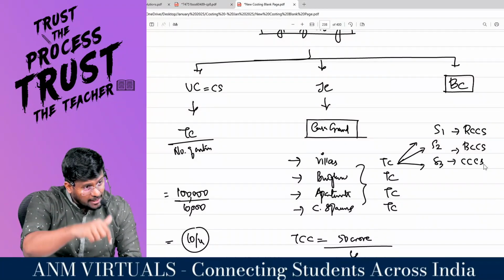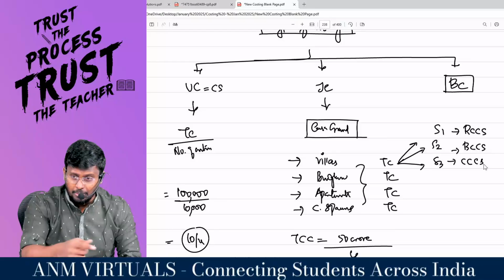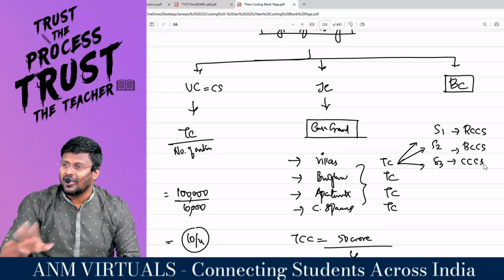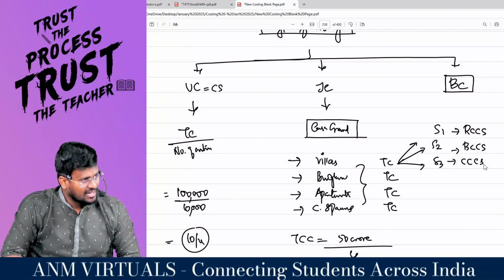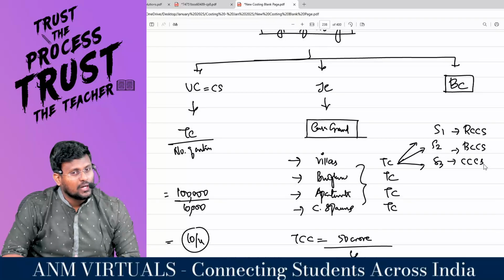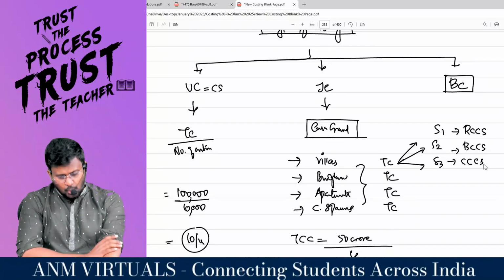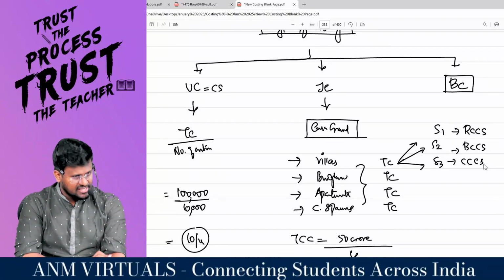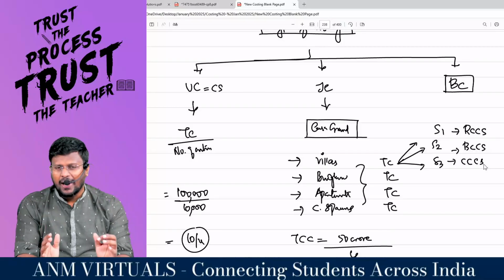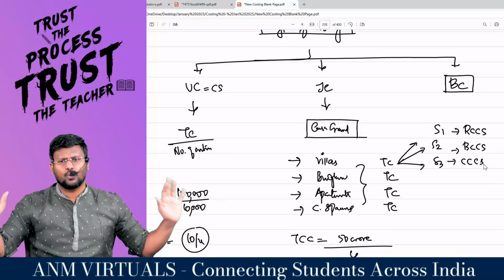Because its setup cost may be different. Its setup cost may be costly compared to the other blue color shirt. Understanding? So that is called as what costing? Batch costing. So what unit costing is saying is that if you are going to manufacture a similar number of units